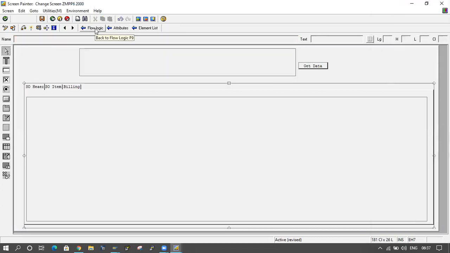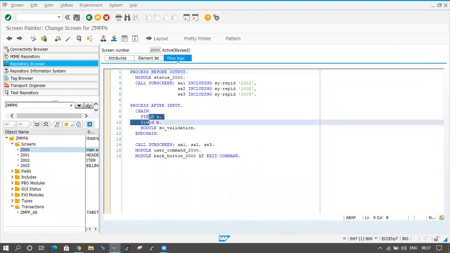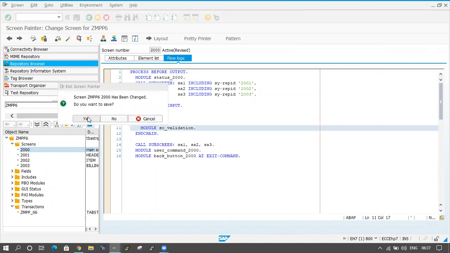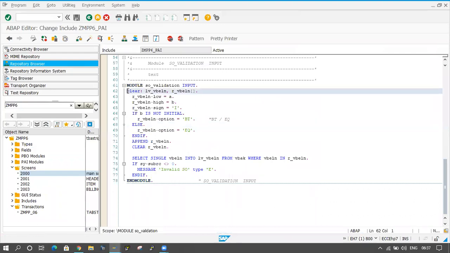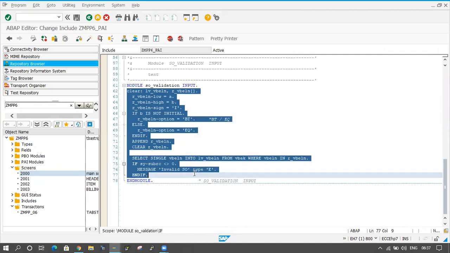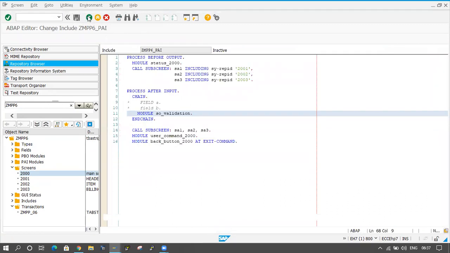Now I will click on back. Here A and B are not available, right? So I will keep them in comment, in the module validation part also. The validation part also, A and B are not available, so I will keep it in comment. I don't want all these things now because I'm not taking the A B ranges here. That's why I'm keeping it in comment. Just click and back. Fine.